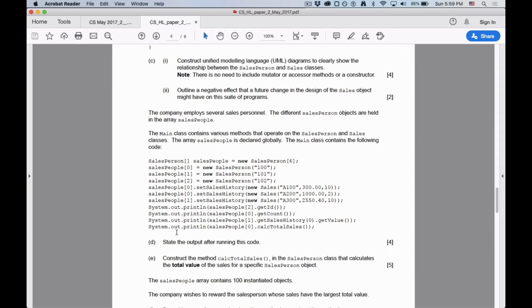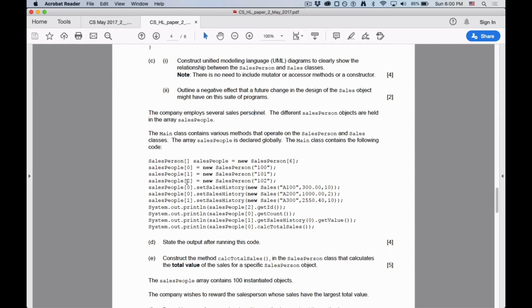Well, actually, having looked at this before, this is going to be asking us for output. And people get these wrong. These always seem like they're, in a way, straightforward and easy, but they're not. And this one's probably no different. So take your time. 4 minutes times 1.3, so we've got 5 minutes. When you've got 4 print lines, you can probably get ID must be 100, get count must be,